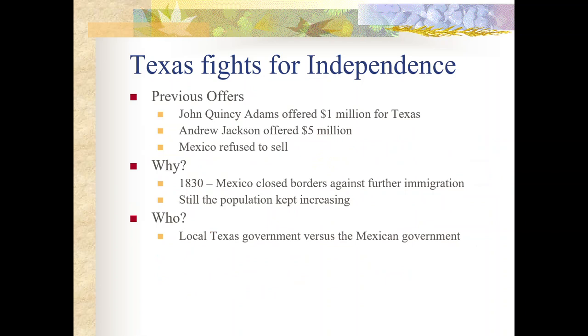So what many local American settlers, and really as Texans, as they refer to themselves, are going to start to do is start to push for more self-government within the Texas territory. They actually send a representative, Stephen Austin, to Mexico City to talk to their president, Santa Anna, to figure out what Texans could do to get more self-government. But at this point, Santa Anna had had enough and was not going to listen to the demands of the Texans. And so this is going to force Texas to declare their independence from Mexico, and they will go to